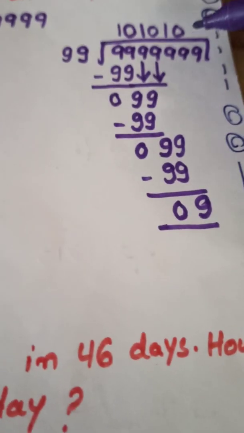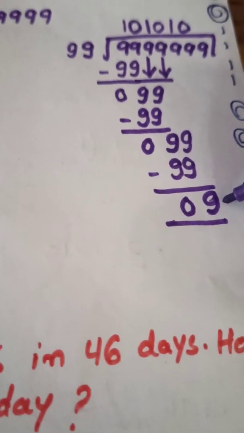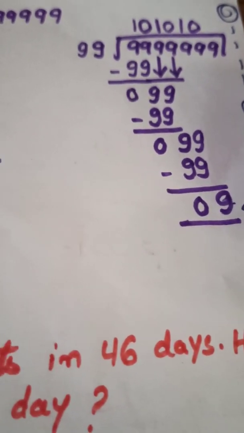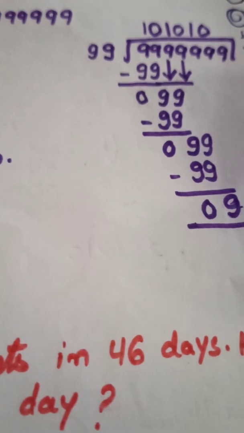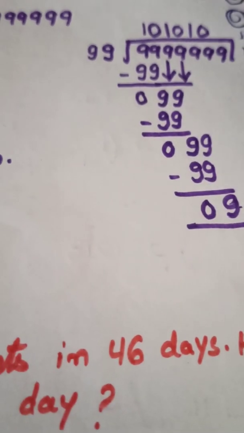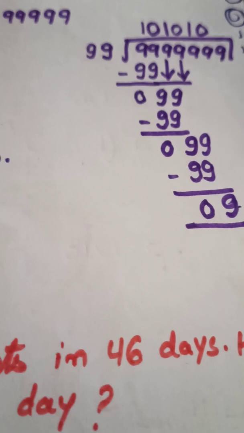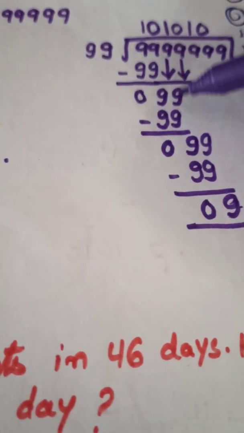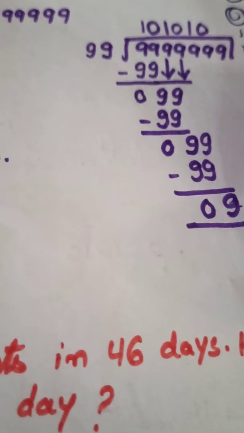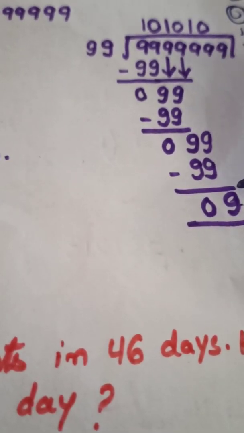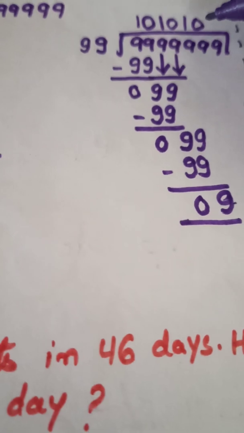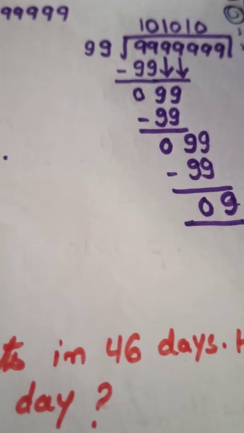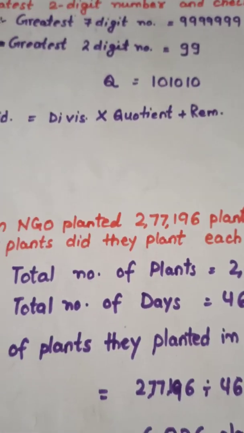Now see, we have to write down this 9 over here. Fine, but as we cannot divide it, so according to the rule what we need to do next? We have to put 0 again over here. Okay, always remember, while taking two digits together over here we have to put 0, and if any digit which we take from here and it is not divisible, we have to put 0 again in quotient part. Okay, so this is our quotient. Now what you have to do, students,